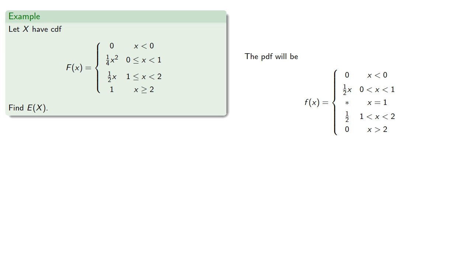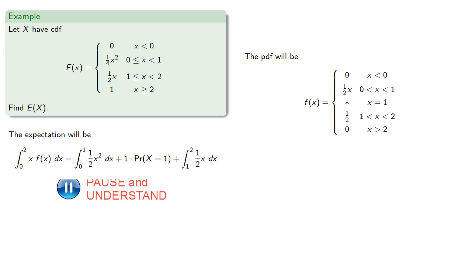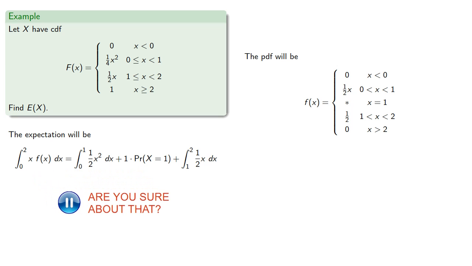So to find our expectation, again, the PDF is 0 everywhere outside of the interval from 0 to 2, so we only need to evaluate the integral from 0 to 2. Our rule splits at 1, and there's an atomic probability that x is equal to 1. And so our expected value will be, and we find